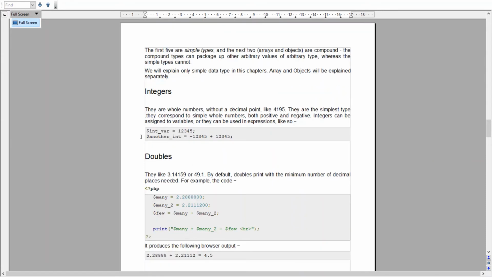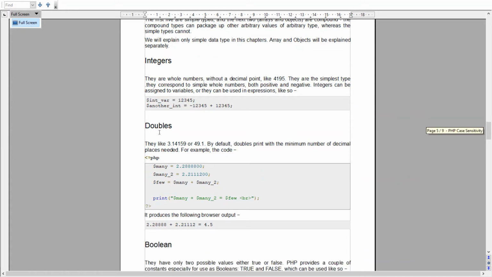If we see, we have to declare the variable like this. We have used the dollar symbol, then we have to give the name of the variable, and to name the variable we have to follow certain rules. What are the rules? We will discuss that at the end of this lecture. To this we have assigned this value, and we can assign a positive value as well as a negative value to this integer data type variable.